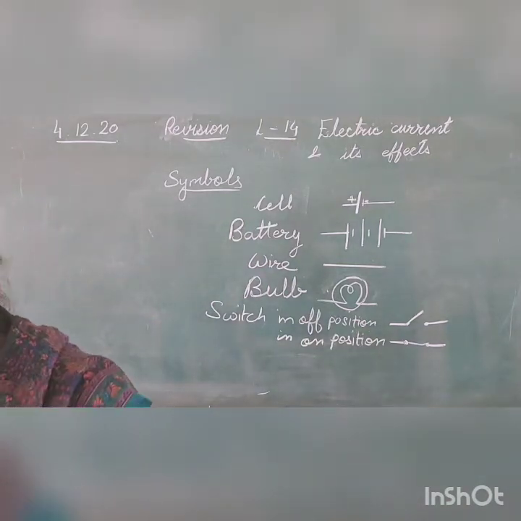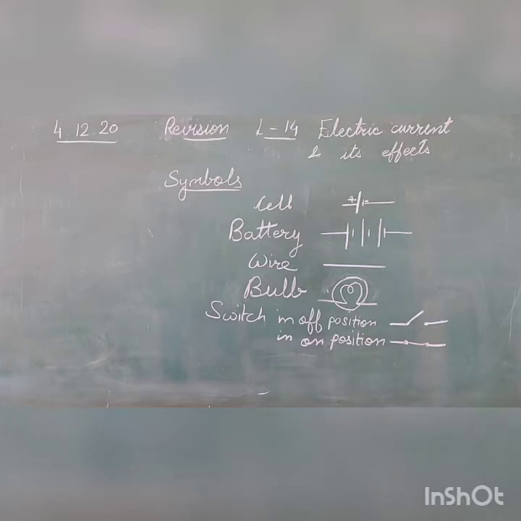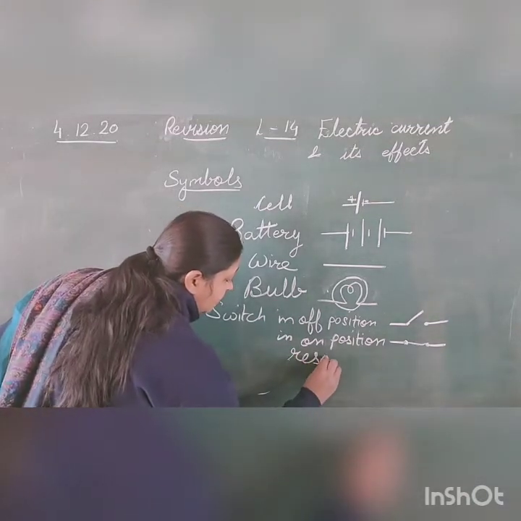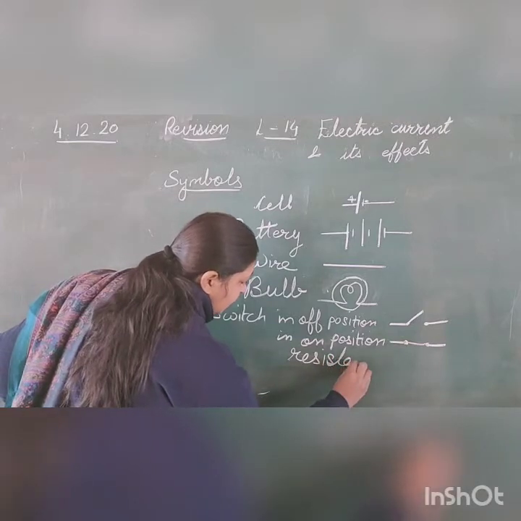At the end, children, I am going to show you another thing which we call electrical resistance. Can you see it? So what is it? It is an electrical resistance. It is a fixed resistance. So children, what is basically resistance?